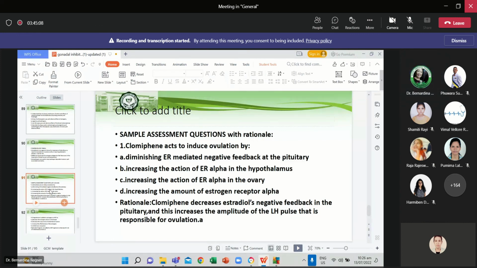Sample assessment question with rationale. Number 1, clomiphene acts to induce ovulation by letter A, diminishing estrogen receptor-mediated negative feedback at the pituitary. Letter B, increasing the action of